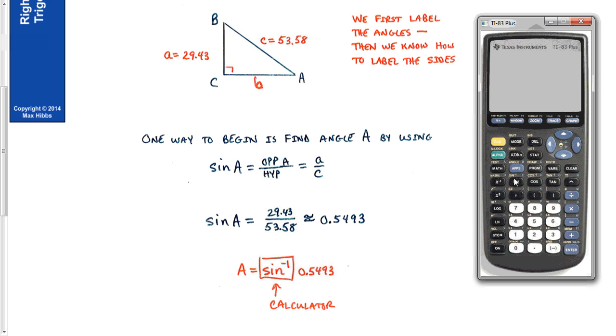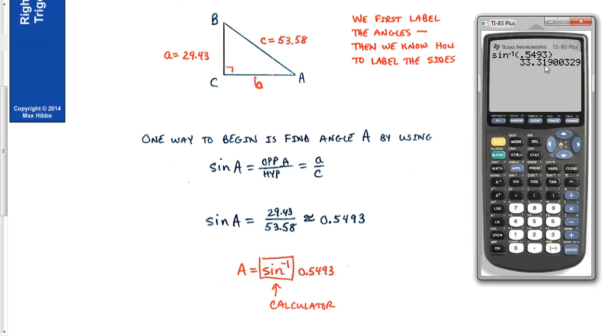This is the inverse sine key when we press second and then the sine key. So I press second, sine, and it's going to calculate the inverse sine of 0.5493, close the parentheses, and enter. We've said if we didn't have an angle to go by, we would round to hundredths. So this is 33.32